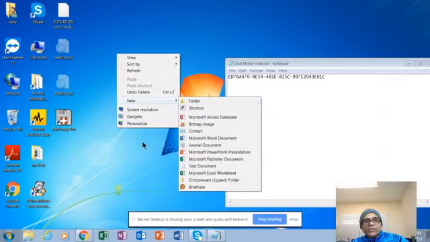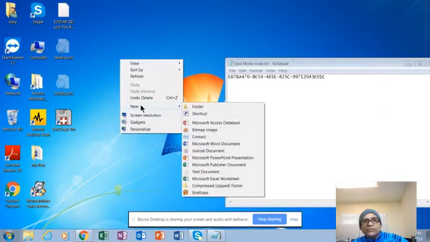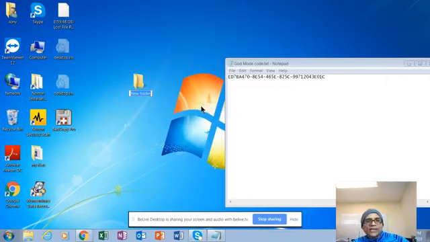Okay, anyway, one more time, right click, go to new, folder. I know some of you know how to create a folder. Of course, almost everybody knows how to create a folder, but some of you may not. Maybe you forgot. Anyway, I click on new folder. Then I go to my keyboard and type